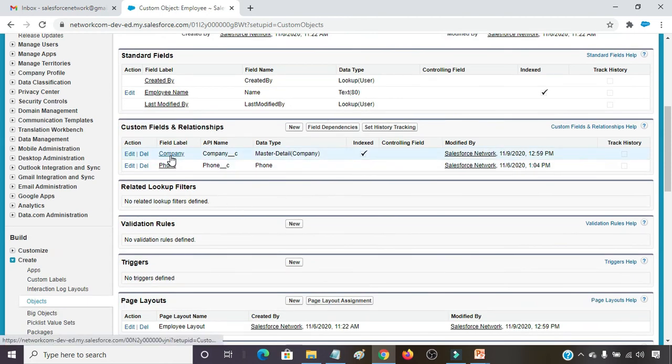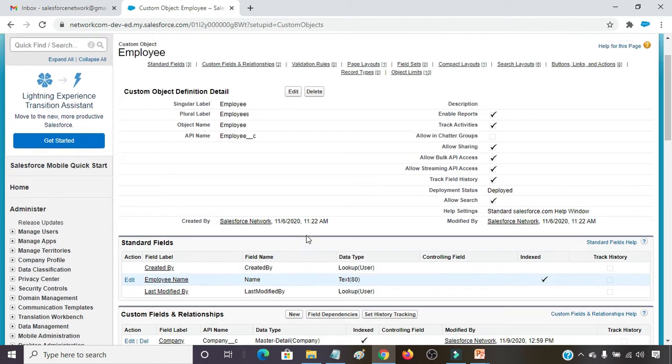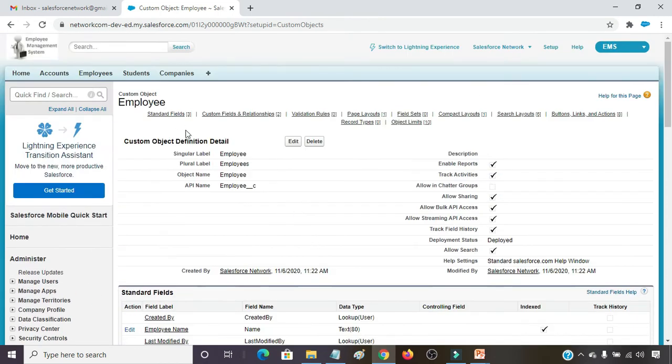So Company is master, and on the object Employee we have created this relationship. For this we have to click on Company.